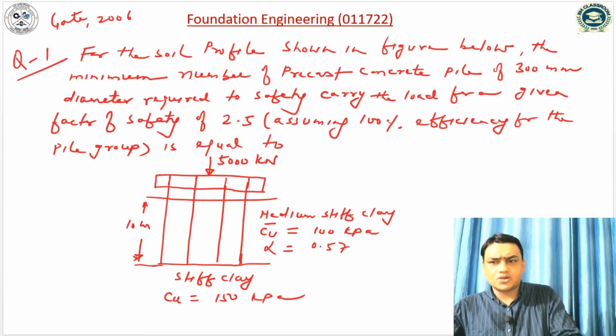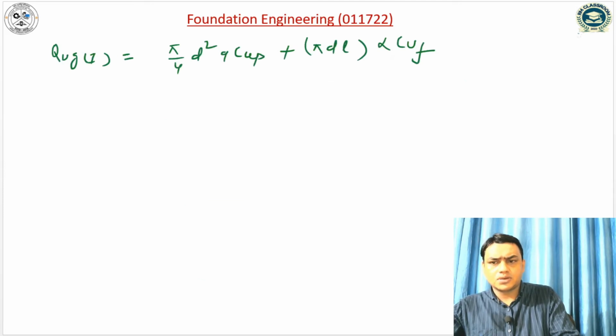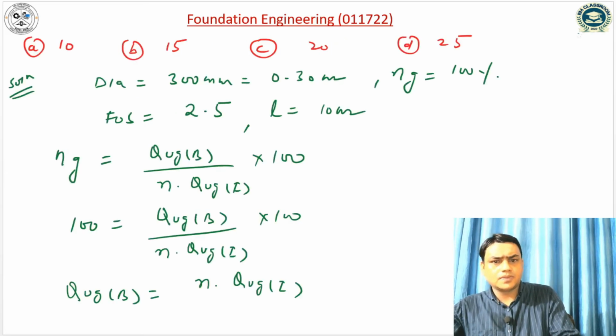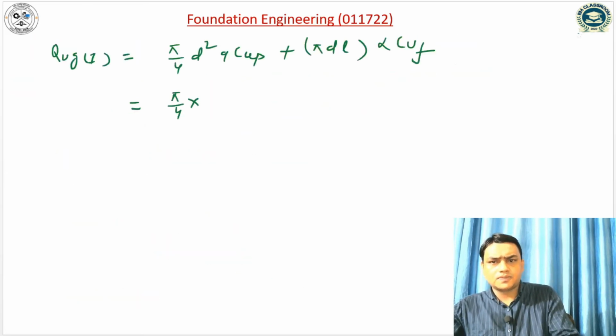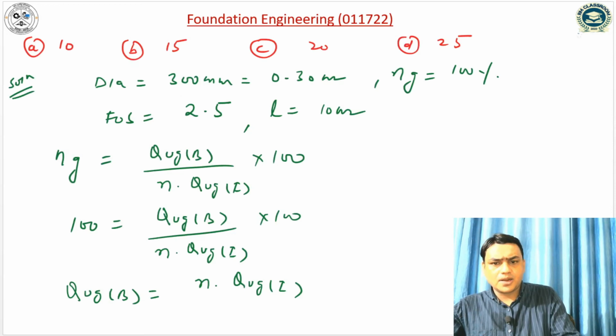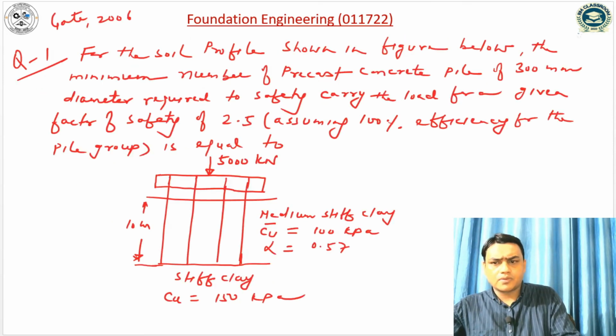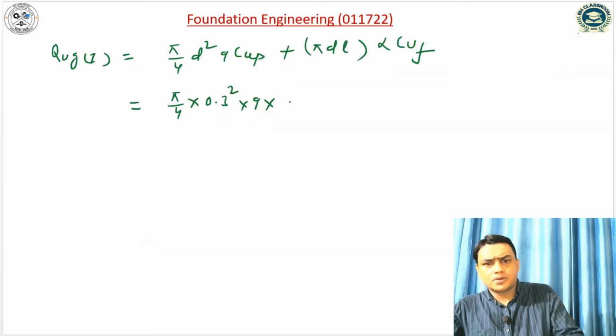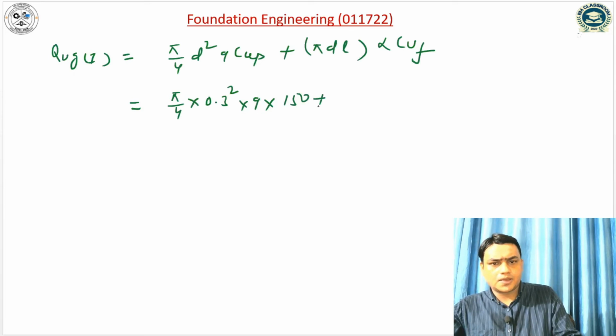The alpha is given as 0.57, so it can be written as pi by 4 into the diameter of the pile, which is 0.3 meter, so 0.3 square into 9 into, at the base of the pile the undrained cohesion is 150, so it will be 150 plus pi into 0.3 into 10 into alpha value is